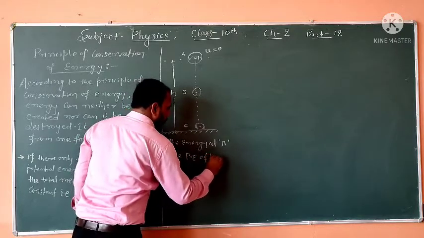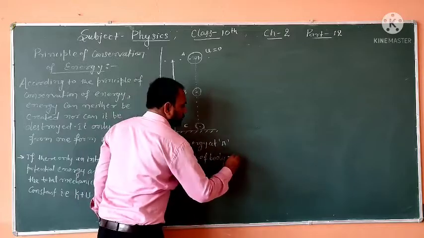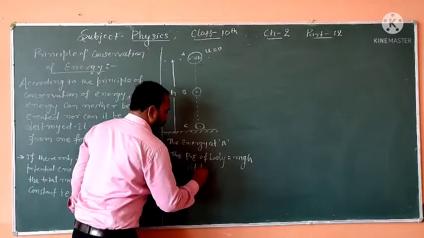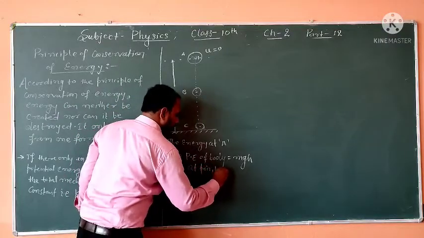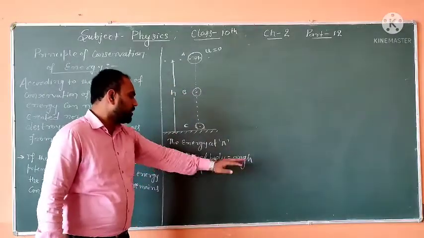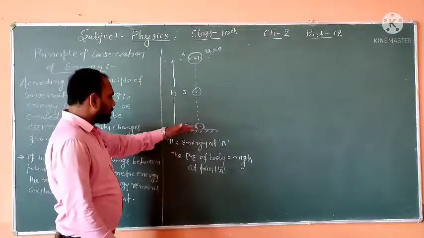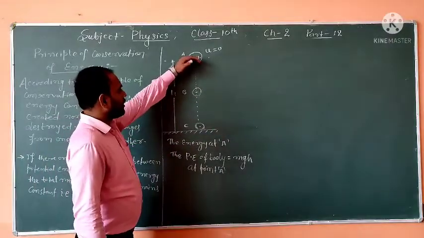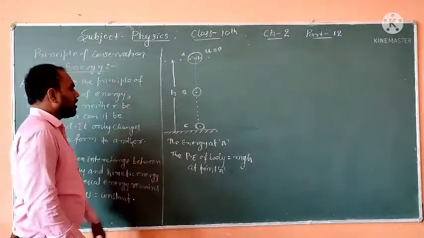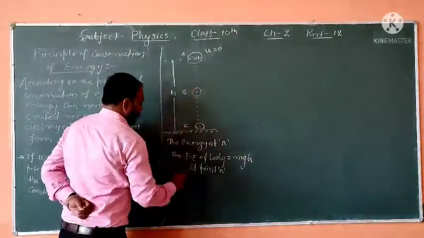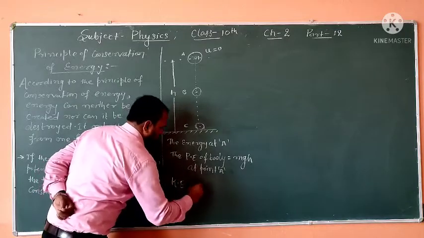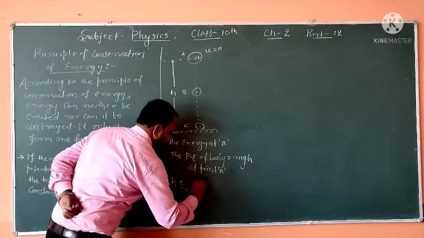of the body is mgh at point A. Okay, it will be mgh, because it is above the height h, it has the mass m, and g is the acceleration due to gravity. Now come to the kinetic energy. I am writing in short. Kinetic energy of the body at A, that is